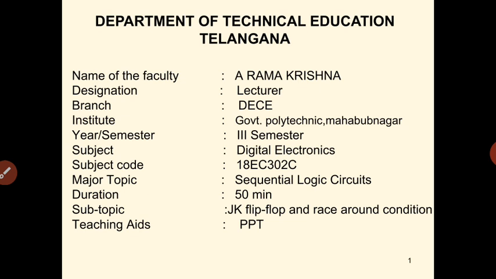So the JK flip-flop is nothing but the extension of what we have seen in the previous lecture, that is the clocked RS flip-flop. Okay, so in the case of the RS flip-flop, for R equal to 1 and S equal to 1, the combination of RS inputs is an invalid input, because for that you will not be getting a valid output.